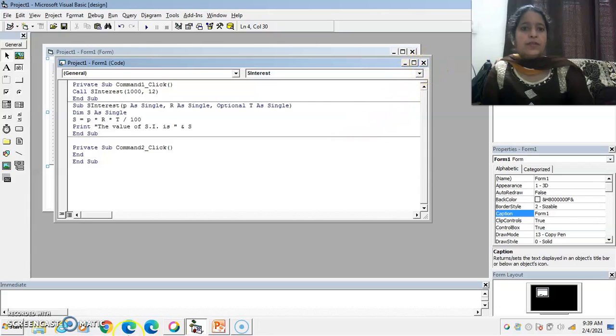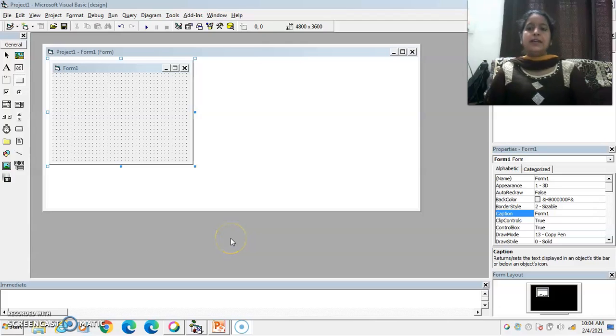Now the second topic is named arguments. As all of you know, there are two types of arguments, formal arguments and actual arguments. And there is one rule regarding the formal arguments and actual arguments, that they must match in their data type and order in which they are passed. Means you can't change the order and data type of the formal arguments and the actual arguments.